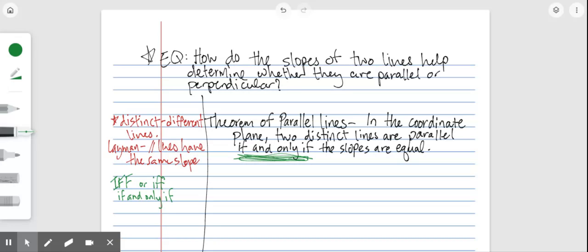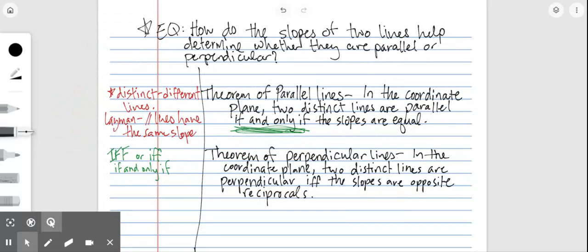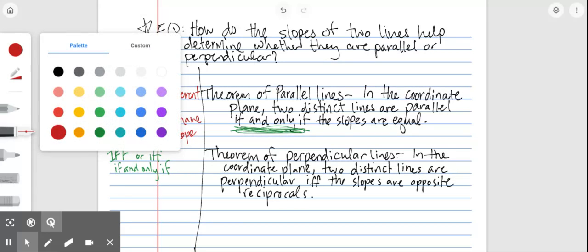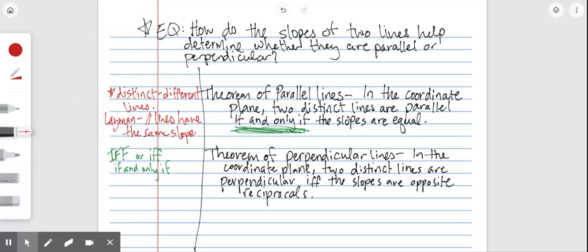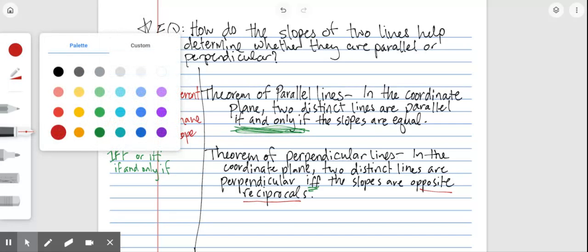And then I've got the theorem of perpendicular lines. Okay, so the theorem of parallel lines is pretty straightforward. They're the same, or the slopes are equal. The theorem of perpendicular lines says that in this coordinate plane, two distinct lines are perpendicular if and only if the slopes are opposite reciprocals. So some things to define here, opposite reciprocals. And you'll notice that I use that notation IFF for if and only if, just because I can write less when I'm writing this definition. So opposite reciprocals,